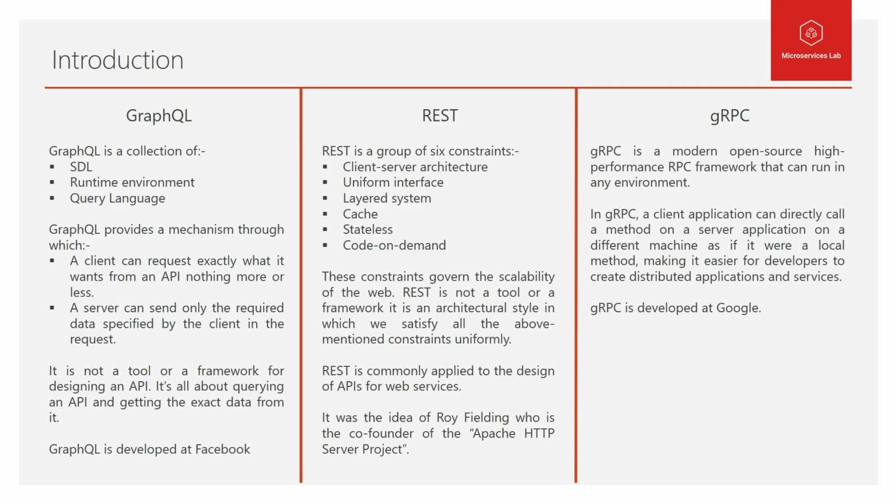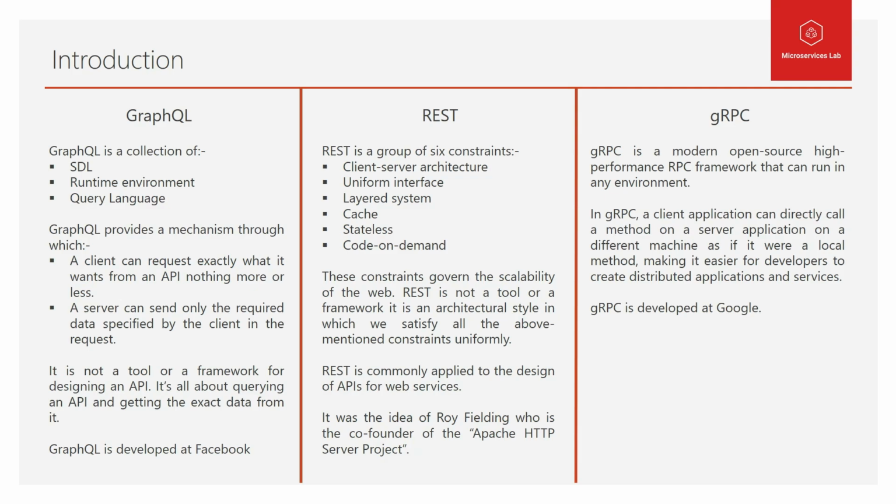Now let us take the case 2, where a client B wants to create a web page, but he will be displaying only the name of the books that are available in the library. For this purpose, our API is not suitable. Why? Because our API is returning a lot more information which is actually useless to the client B, as the client B is only interested in the name of the books that are available in the library.